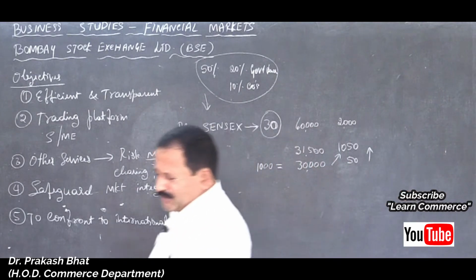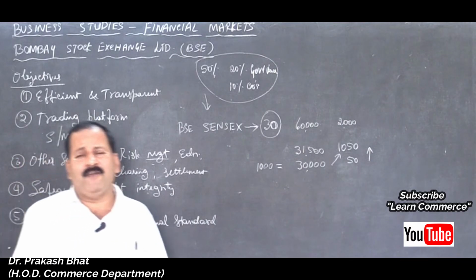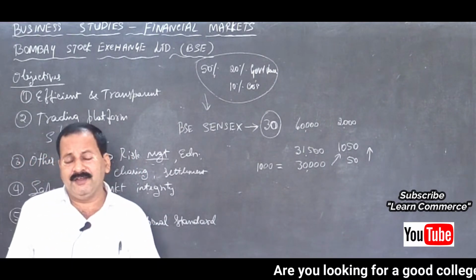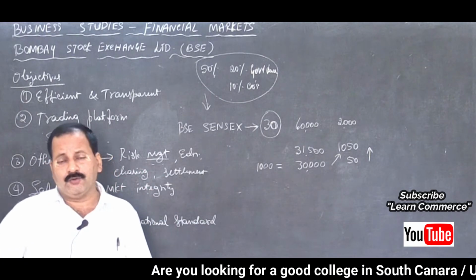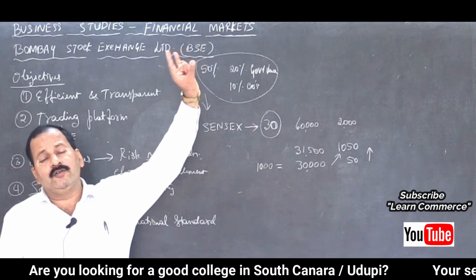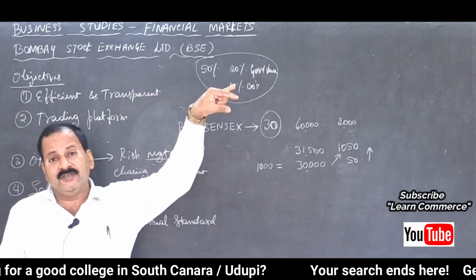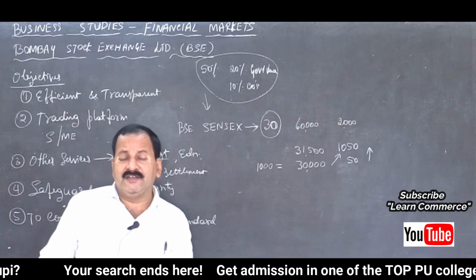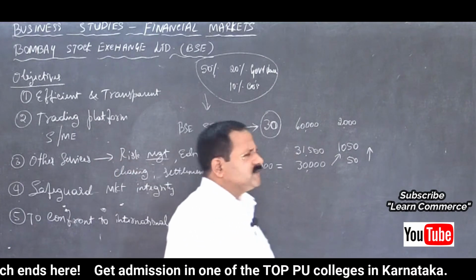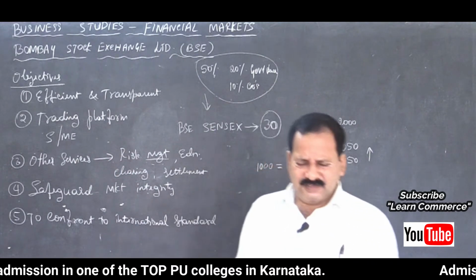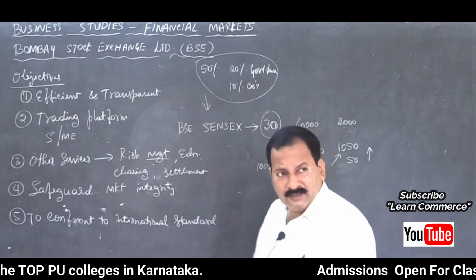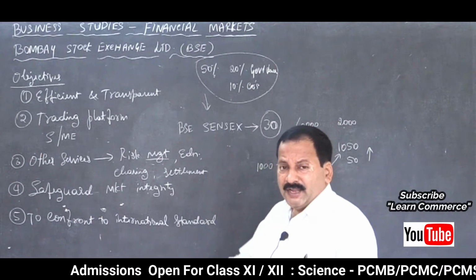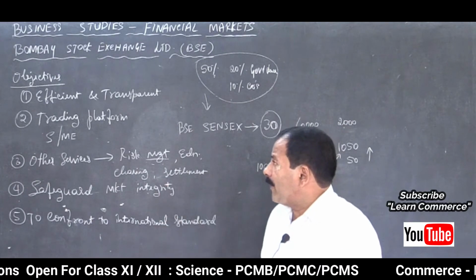And you will get all the statistics of each and every company: the dividend payout ratio, how much dividend is declared, what is the lowest quote, what is the highest quote of the day, what is the closing price of yesterday, isn't it? And what is the 52 weeks low and high, that is 1 year. Everything you can see in the app. And even if you go to stock exchanges, they will guide you. They will tell you any information you need, that will be provided, isn't it?